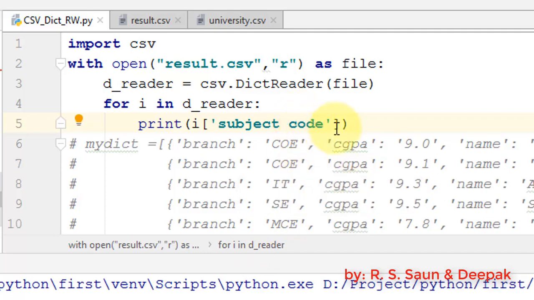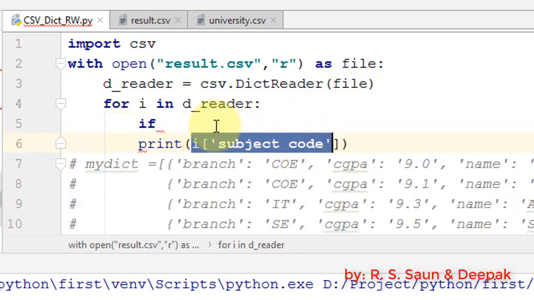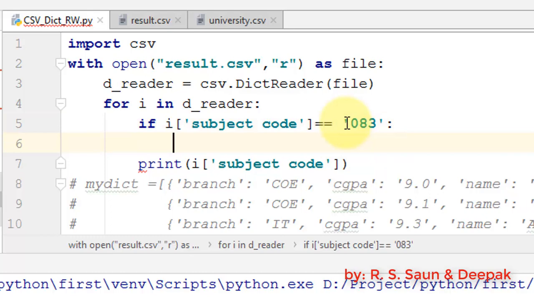Fine. And if you want to search it, it is also really very easy. You just need to use if subject code is equal to 083. Okay, so let's do it like this, and then only print i.